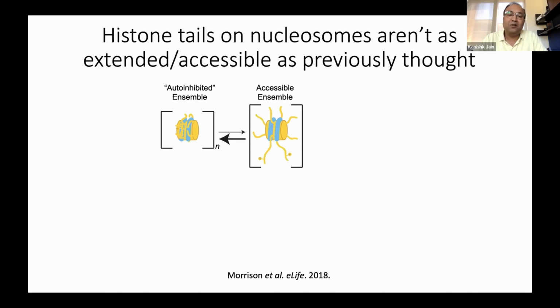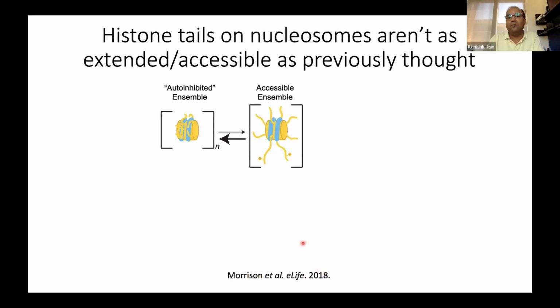So I won't go into too much detail there, but suffice it to say that we are understanding over the last few years that histone tails on nucleosomes are not necessarily rigid structures. And in fact, our canonical understanding of nucleosomes as being these extended protrusions from the nucleosomal core is perhaps a little misguided. Over the last couple of years, including this wonderful paper by Emma Morrison, I think she gave a talk in the seminar series last year,